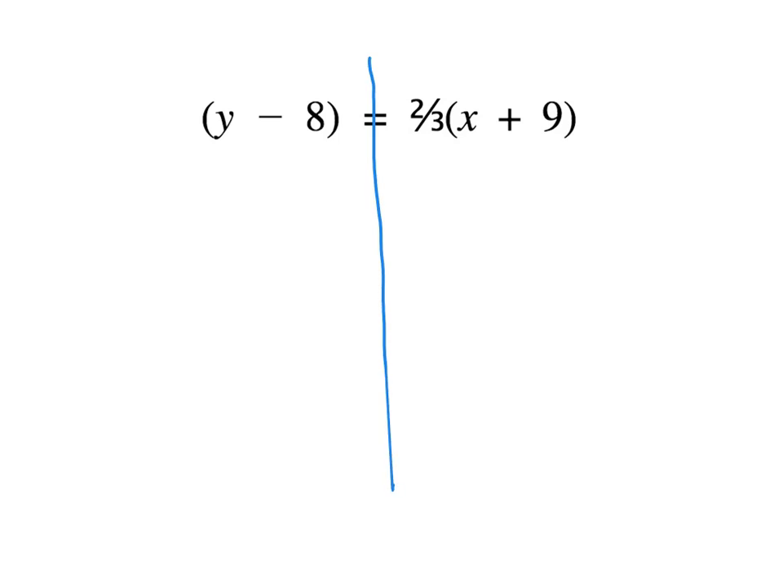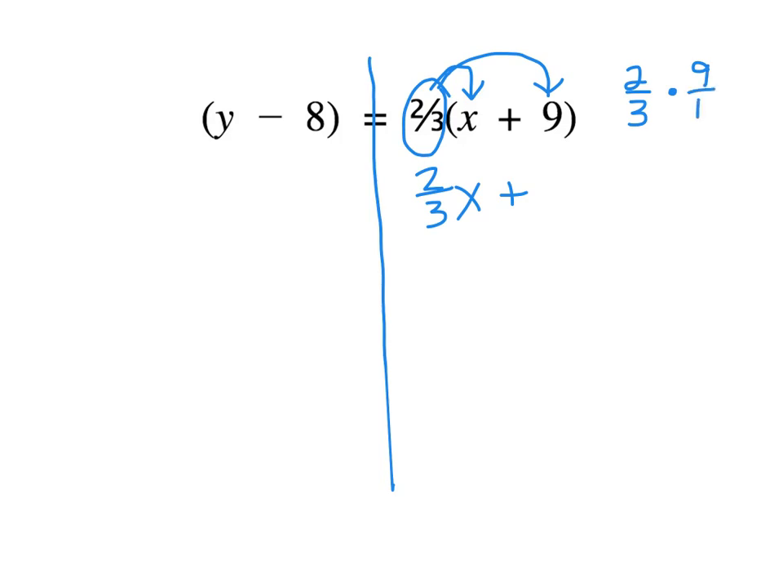So on the right-hand side, I've got this 2/3 that's attached right to the parentheses. So I'm going to distribute by multiplying that 2/3 times both of the terms inside the parentheses. So that gives me 2/3 x plus, and when I'm multiplying 2/3 times 9, all that is 2/3 times 9